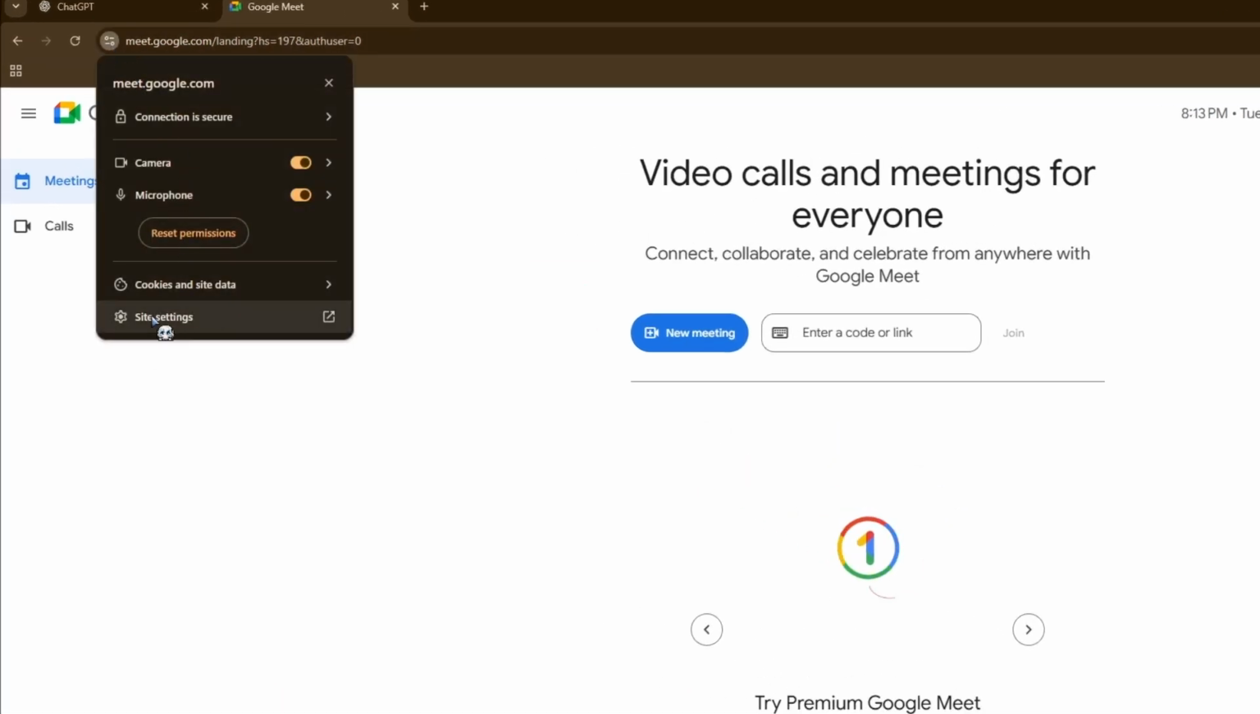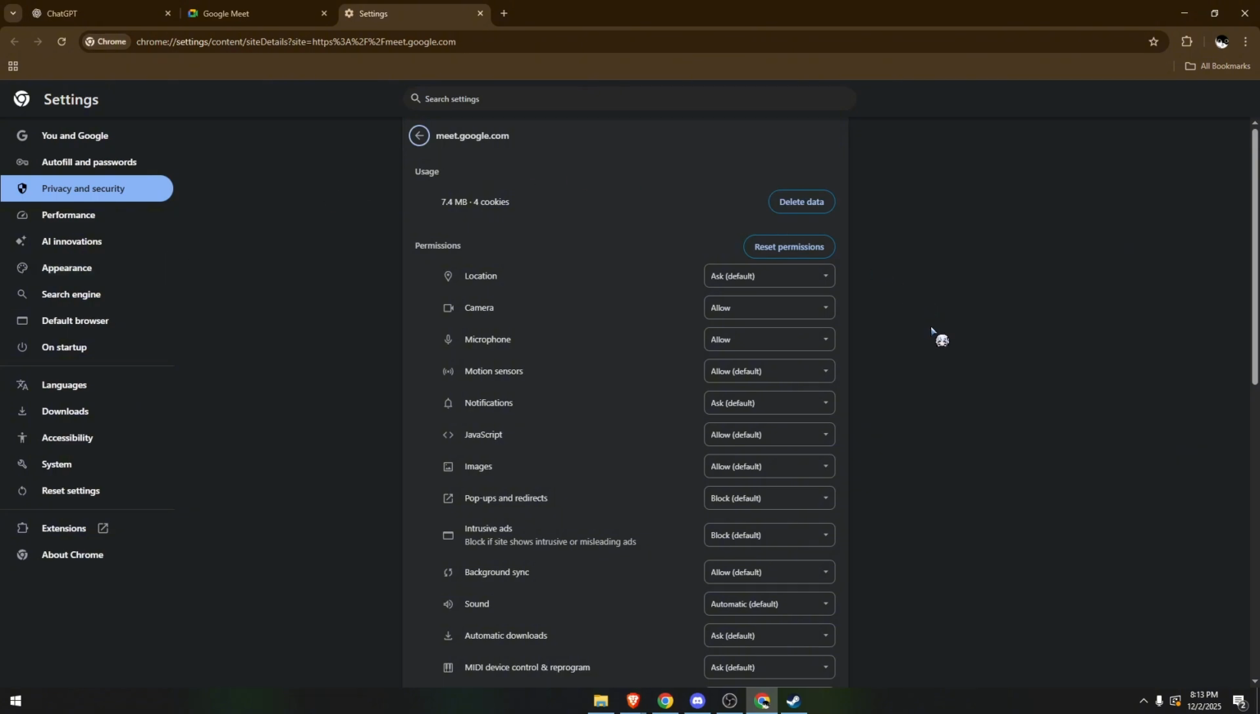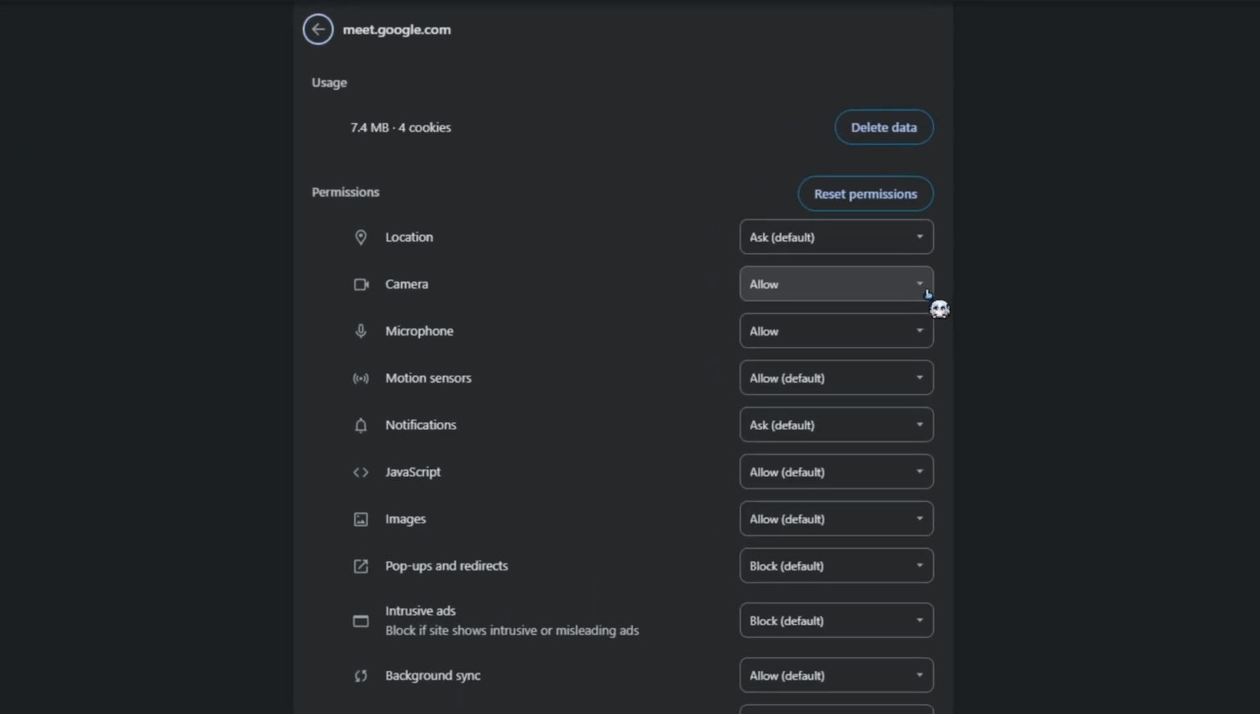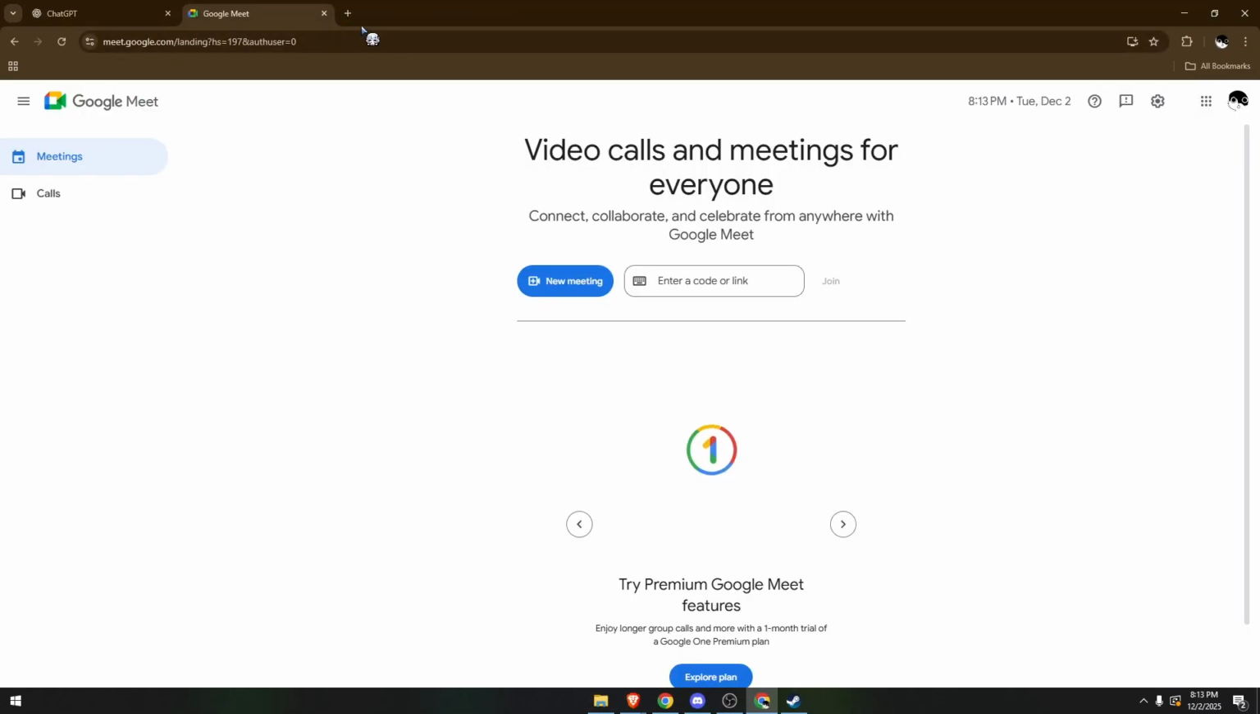Left click, choose Site Settings, then over the camera section over here, I want you to focus on the right part. Click on the drop down, then select allow. All right. Once done, you can now close this tab, go back here, then on the upper or top right